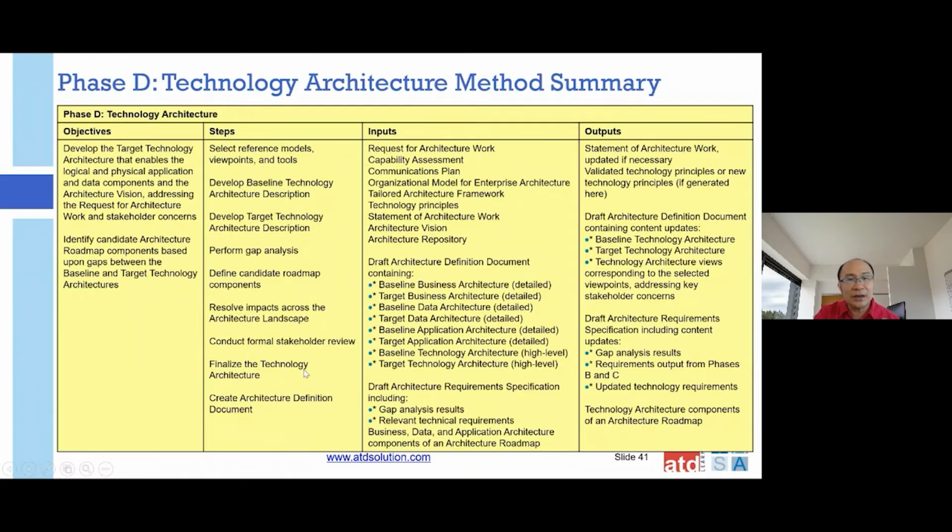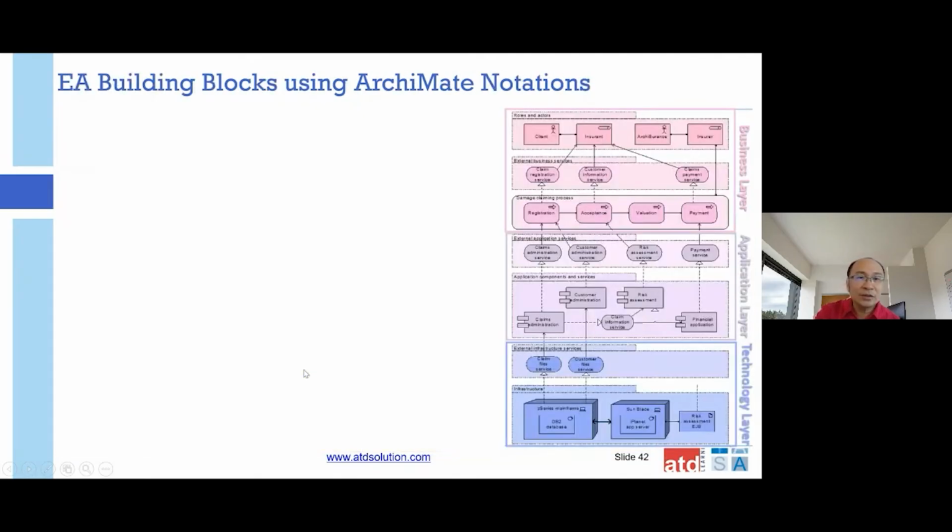So some of the input is actually coming from the existing infrastructure design, as well as from the new requirements from the business, data, application, and also from the key stakeholders. Then the next one is the output: what are we going to deliver in terms of the technology architecture itself? In terms of the model, for example in ArchiMate, as you can see here, technology architecture is on the right-hand side at the bottom there.